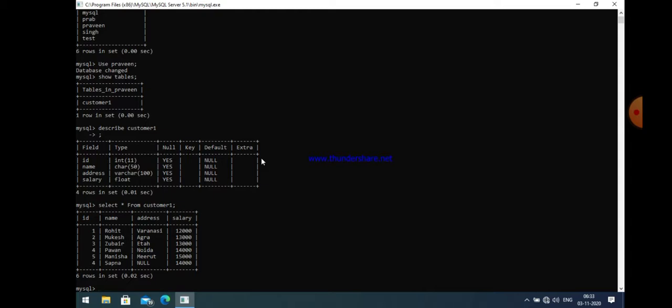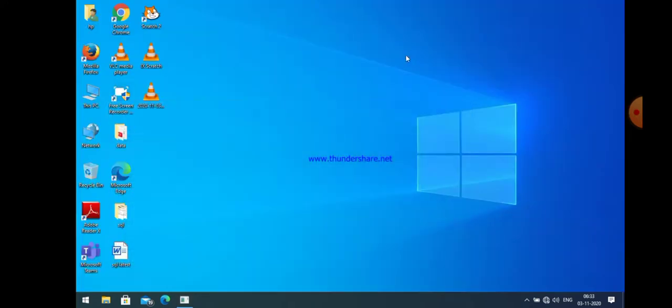Okay, so first of all let us change some data. To change the data there is the update table command. So we use the update command. Update, alter, group by, these are very important commands used in MySQL and asked many times in examinations.